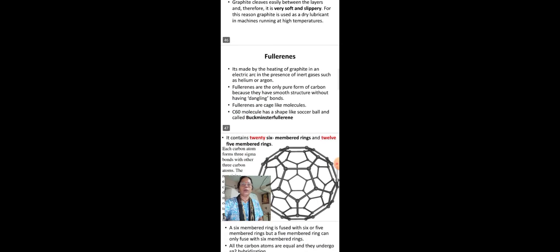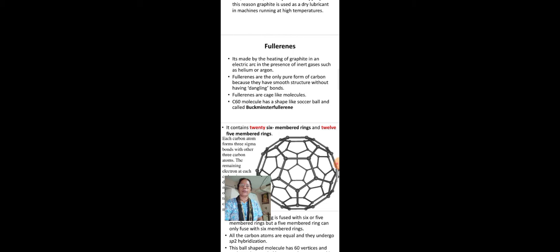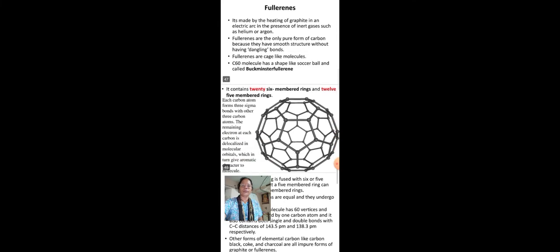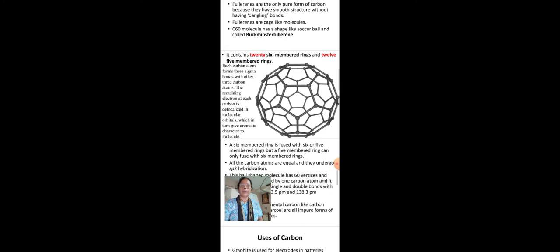The third allotrope of carbon is fullerenes. It is made by heating graphite in an electric arc in the presence of inert gases such as helium or argon. Fullerenes are the only pure form of carbon because they have a smooth structure without dangling bonds. Fullerenes are cage-like molecules. Like a soccer ball, the C60 molecule has a shape like a soccer ball and is called Buckminsterfullerene. It contains 20 six-membered rings and 12